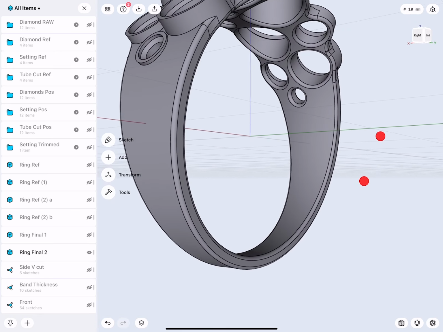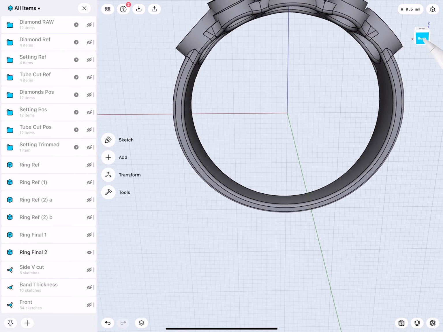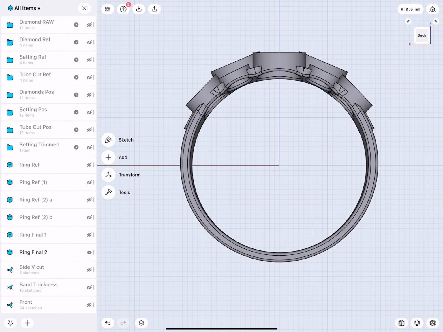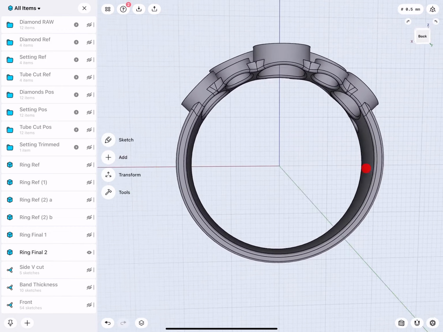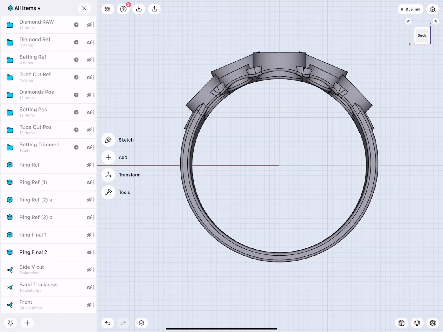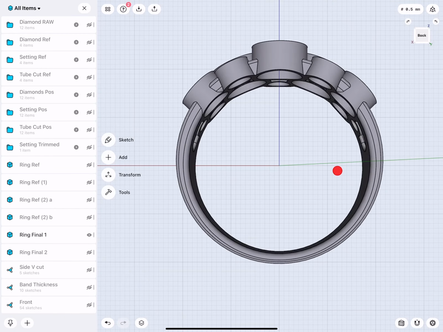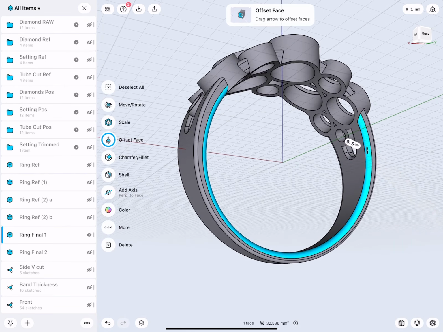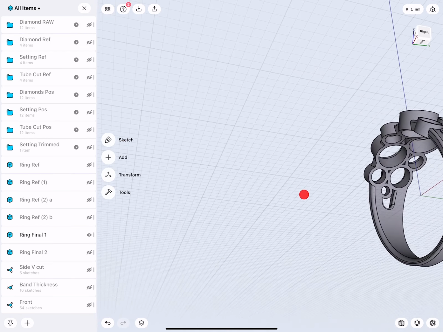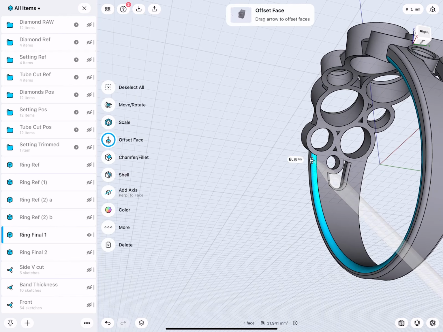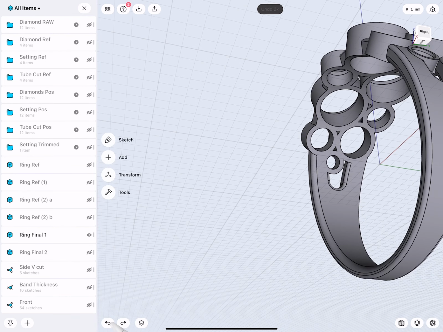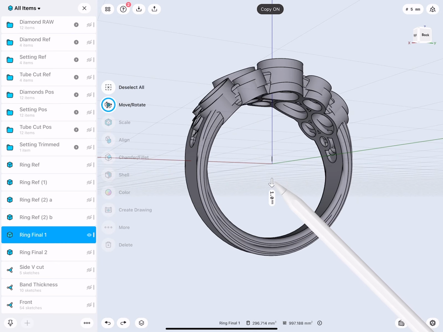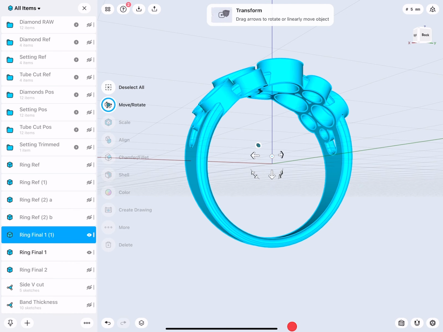So for example, there you see, we go to this view. There you can see there's a little bit of material. It's not 100% really a flat design. Let me show you how I did this. I made a copy of this, and then I removed all these fillets here. So it's nice and round. So let's do this. So we're going to make a copy. Up and down. Very good.